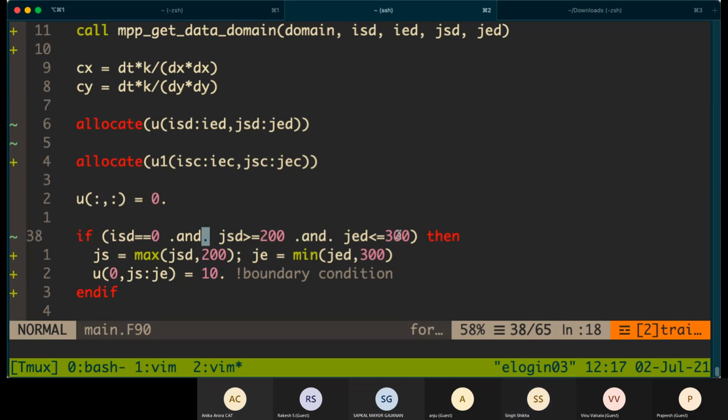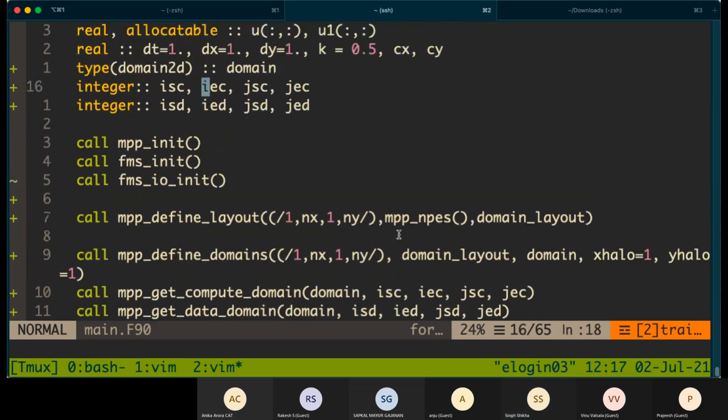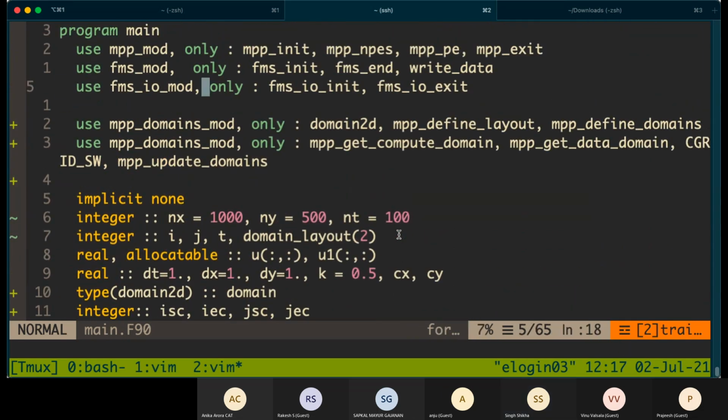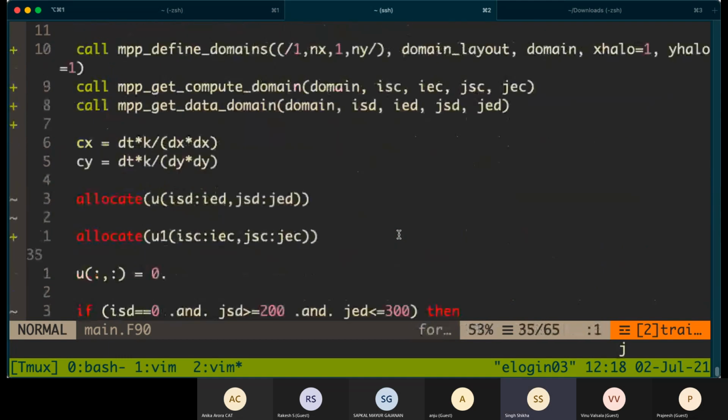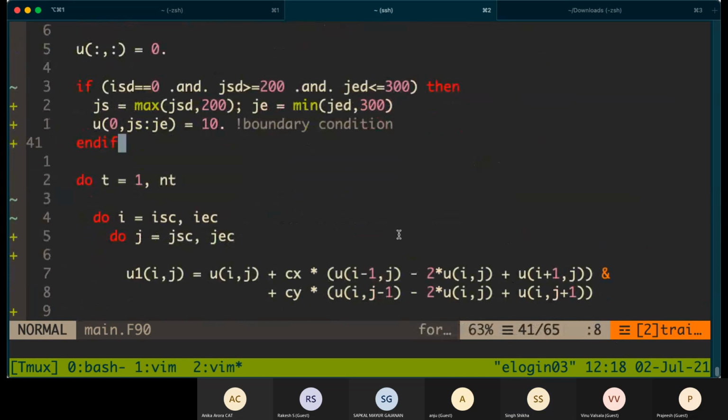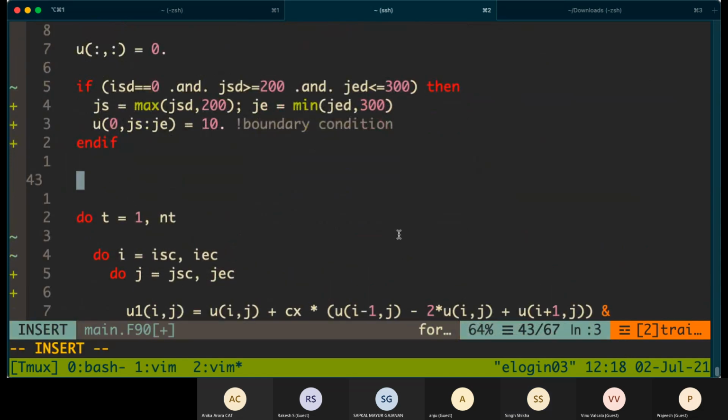Yeah. Right. And also you can identify processors. You can use this function MPP_PE, which will give you the ID of the processor. The ID of the processor is nothing but starting from 0 to NPES minus 1.